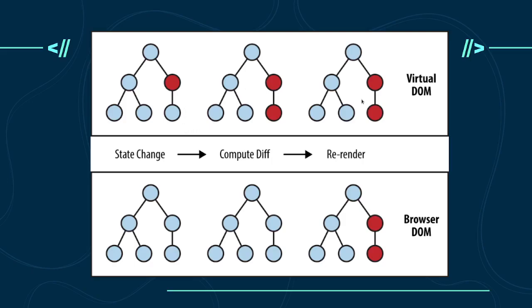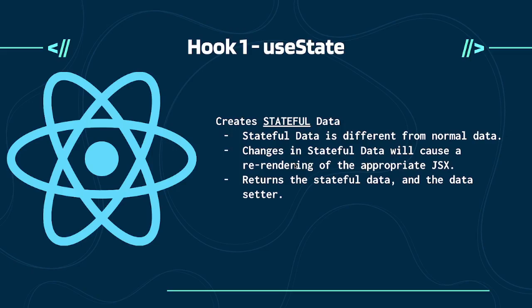So basically, if you see here, all of this is in a virtual DOM. React uses a virtual copy of the way your website looks before you do your thing. It does all of your modifications to it and then just smacks it right in, right? And it does state change, compute diff, re-render. That's a bunch of technical stuff you don't need to worry about, but the whole point is you have to use useState for it to work, right?